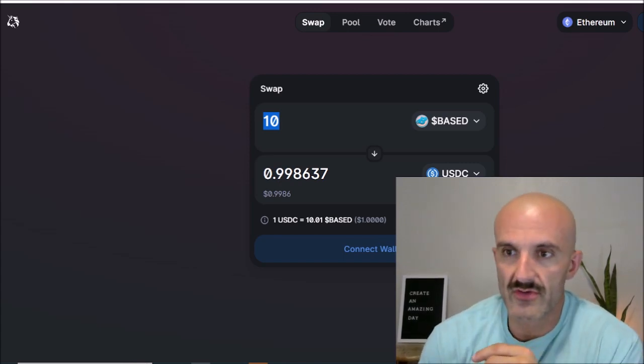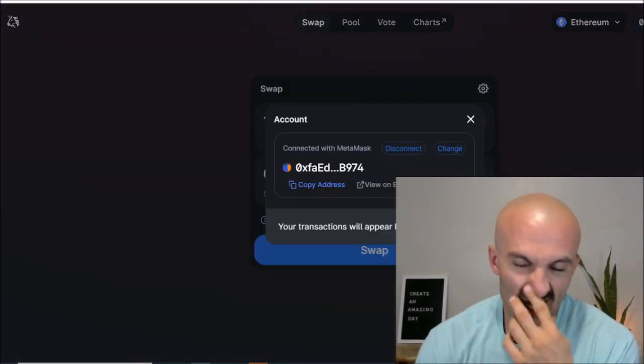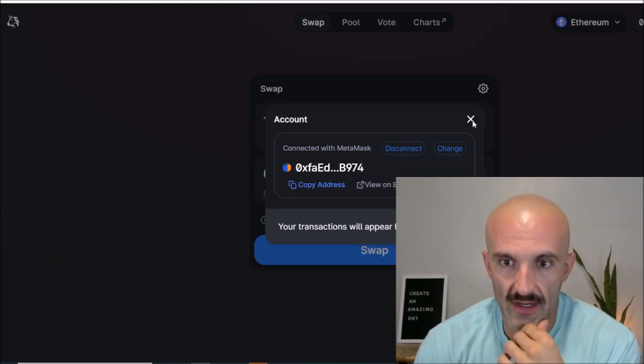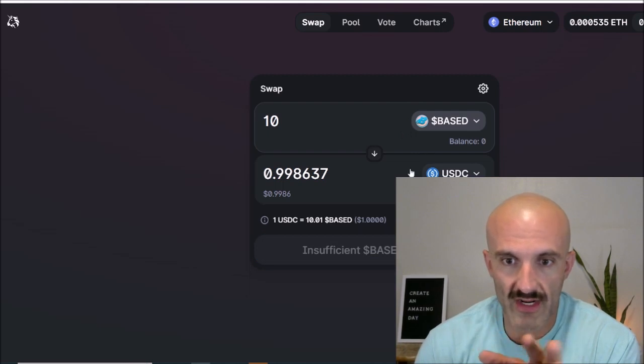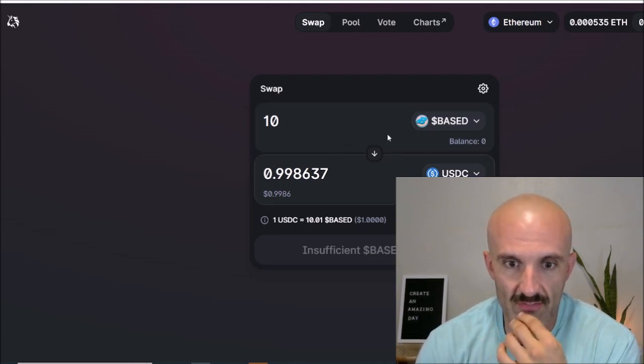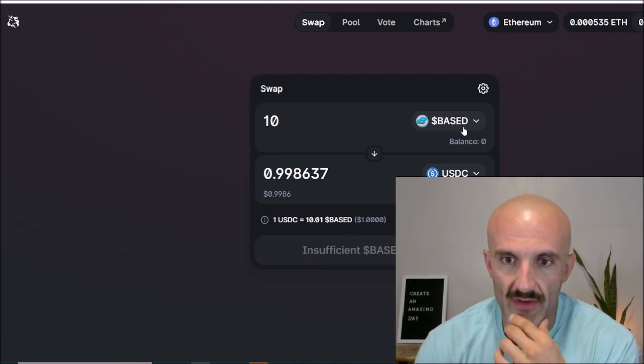Now, first of all, if you've never used Uniswap before, you've got to come over here and connect it to your wallet. So this is a wallet I don't use. We have connected now, right? And it's going to say I don't have base in here, or insufficient base balance, right? But if I had